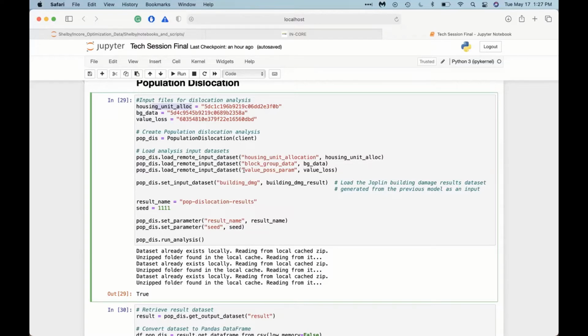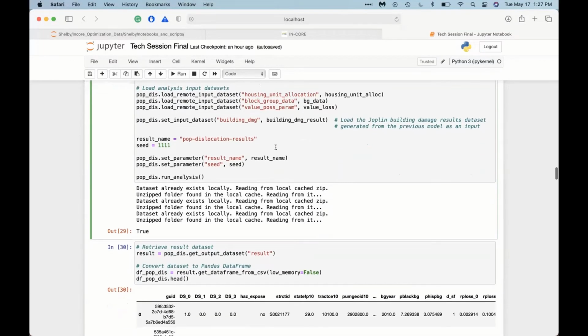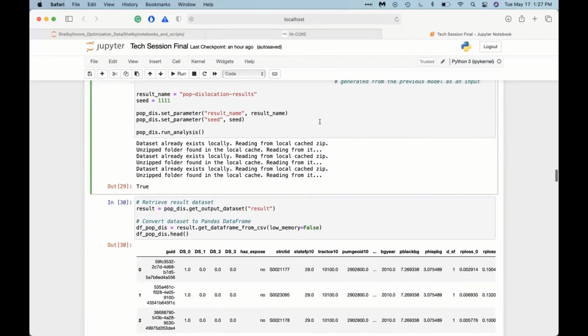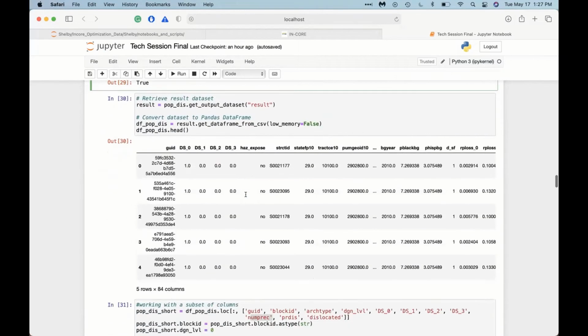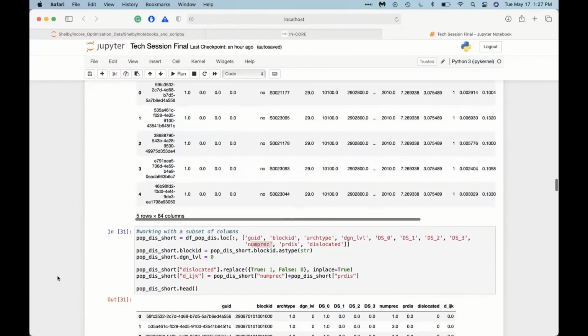if it's not available. And once you have all your input files, you do the load remote input dataset command to set all your input data files. We also need to use the damage results we got earlier from the damage analysis. And finally, we set all our desired parameters and run the analysis. And this gives us the population dislocation table here, which comes with 84 columns, but we only need a few